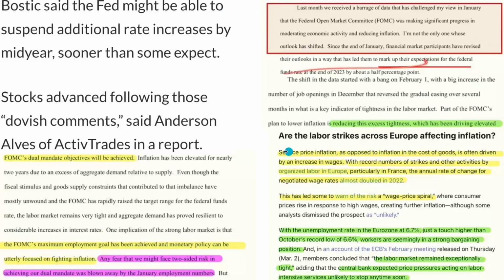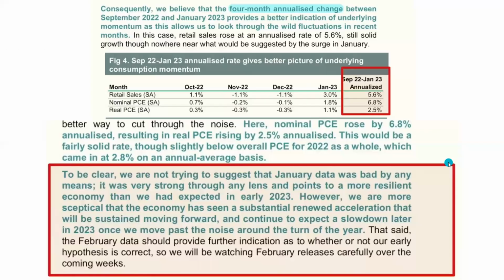With the unemployment rate in the Eurozone at 6.7%, just a touch higher than October's record low of 6.6, workers are seemingly in a strong bargaining position. The labor market remained exceptionally tight, adding that the central bank expected price pressures acting on labor-intensive services to not stop anytime soon. And so here, we have this article, and what they're saying essentially is to look at the data